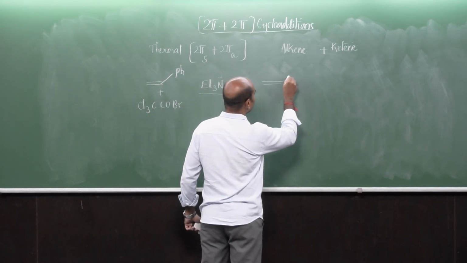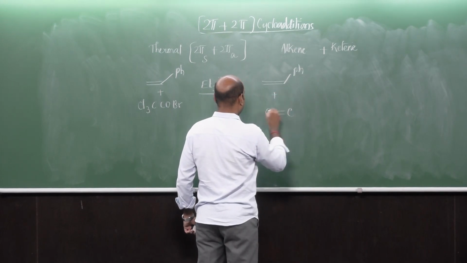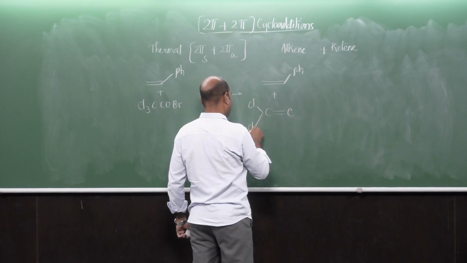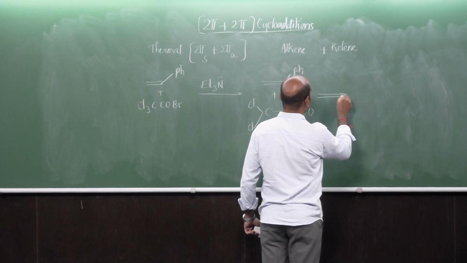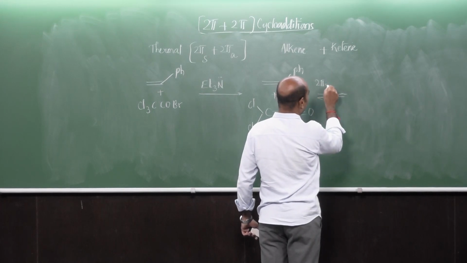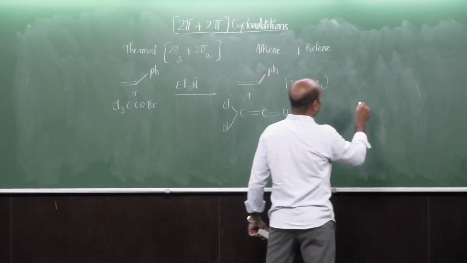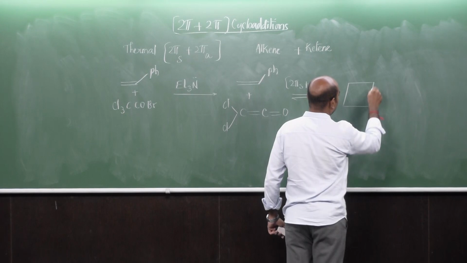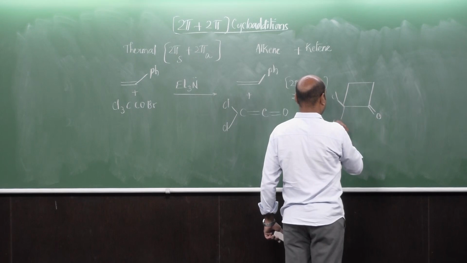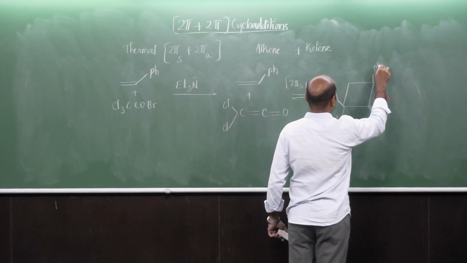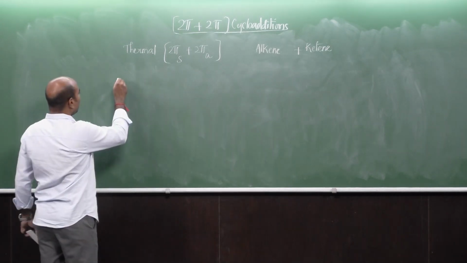So, you will get to see this one plus C double bond C, Cl, Cl double bond O. So, this undergoes 2π supra plus 2π antara cycloaddition reaction, resulting in the formation of this. So, similarly,